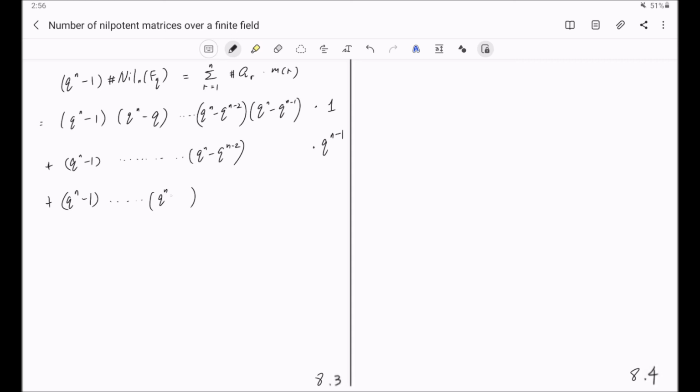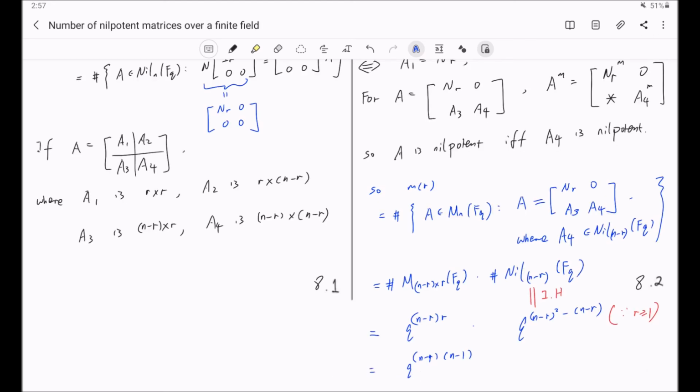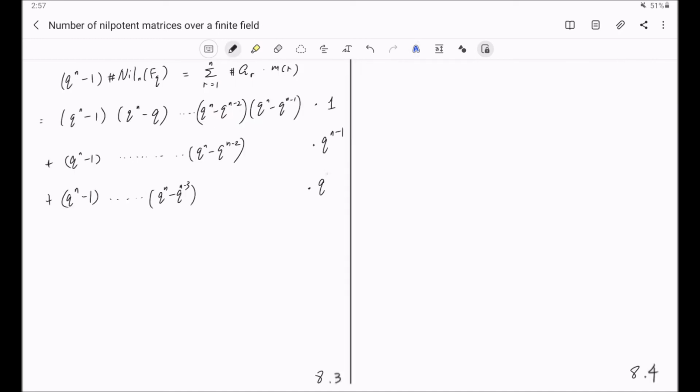all the way to q raised to the power n minus q raised to the power n minus 3 times, now when r is equal to n minus 2, we get q raised to the power 2 times n minus 1. Q to the power 2 times n minus 1. And we continue in this way. The last term will be q raised to the power n minus 1